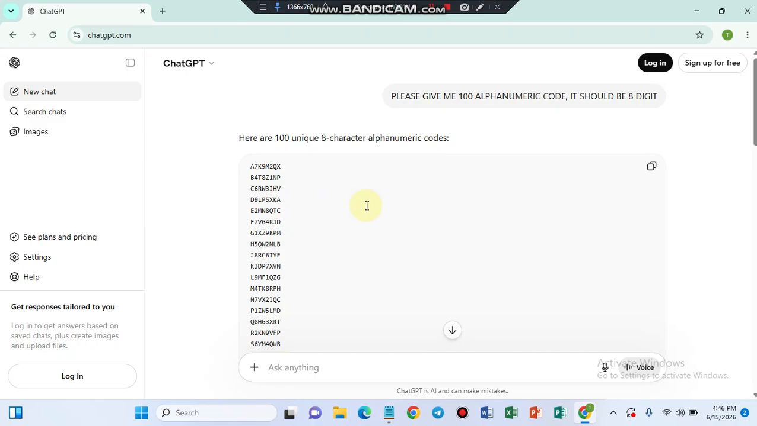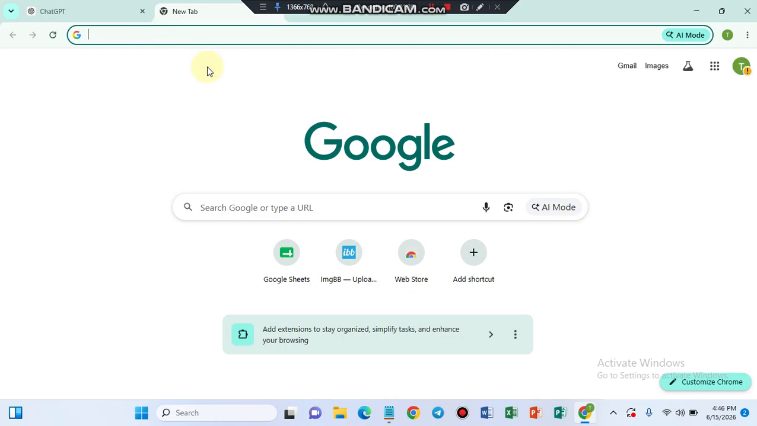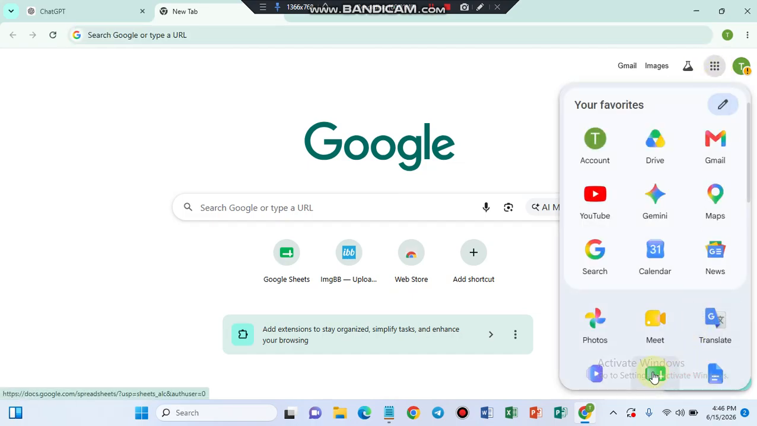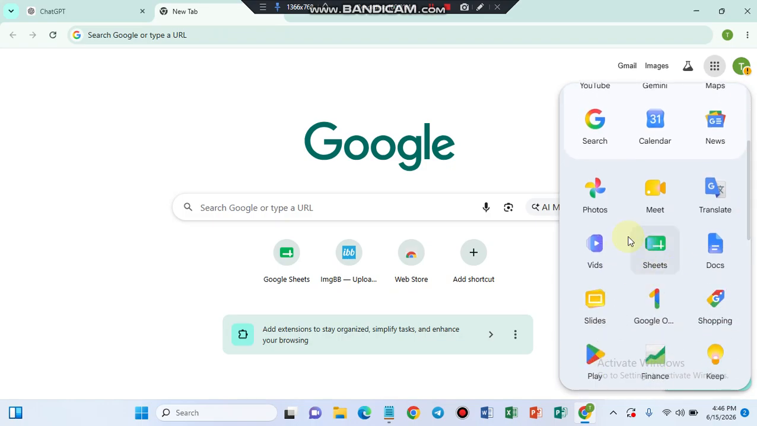Now that we have gotten the pins to enter into our pin database, the next thing to do, I have closed the Google spreadsheet template, so I'm going to open it by opening another toolbar. Then I'll come to these nine dots here. I'll look for Google Sheets. Okay, I'll look for Sheets. Can you see Sheets? Then